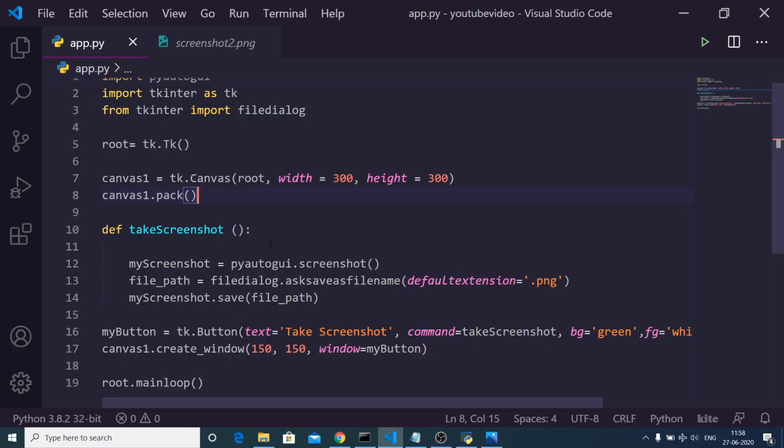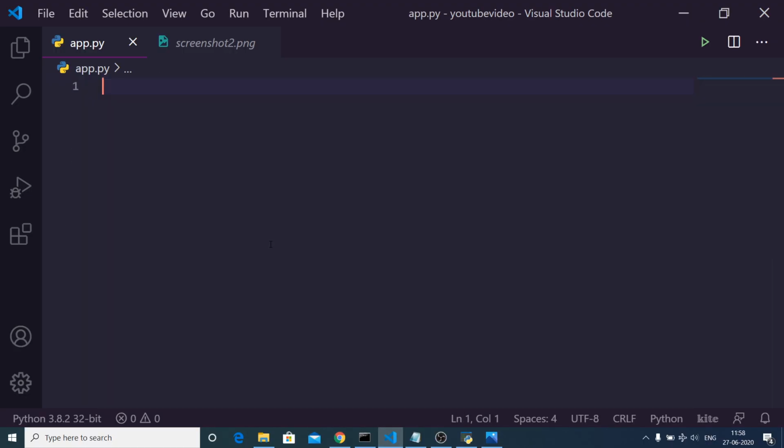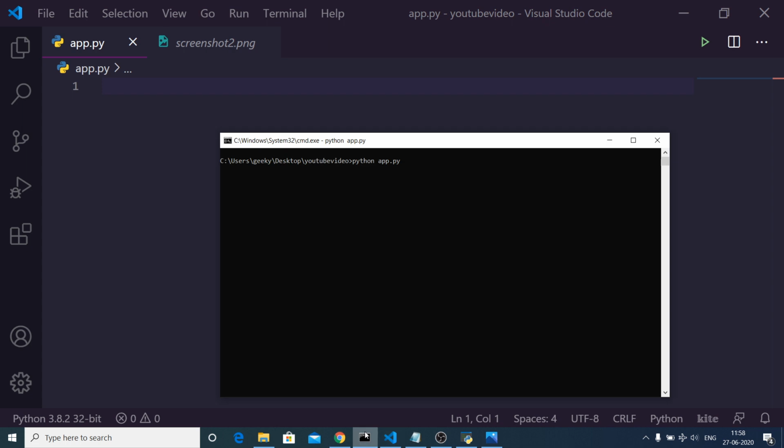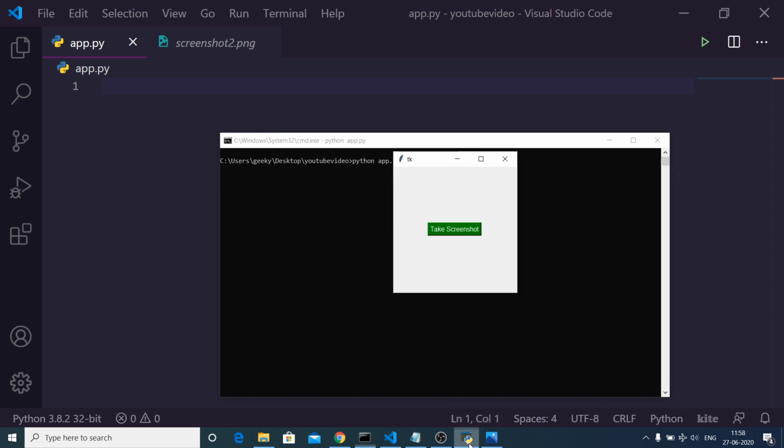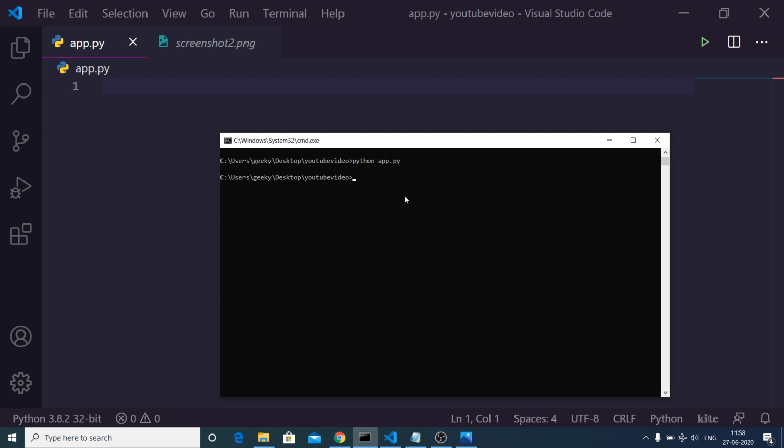First of all, the requirements are pretty simple. You need two dependencies in order to make this. So first dependency will be Tkinter. Let me close this application. Go to the command line and inside your directory execute pip, which is the dependency manager for Python.